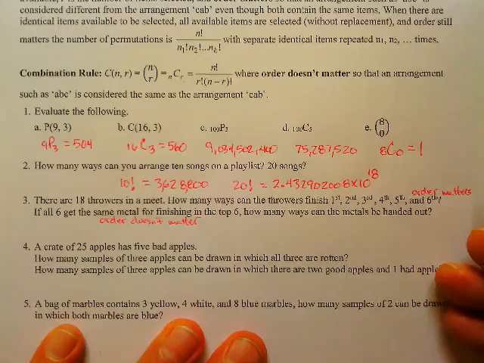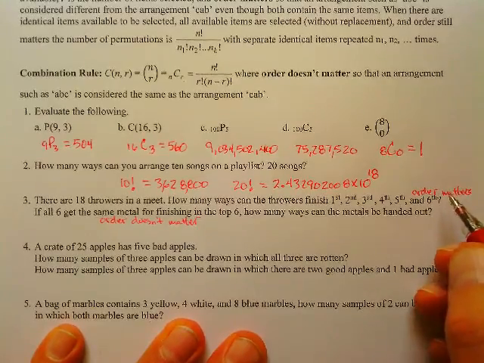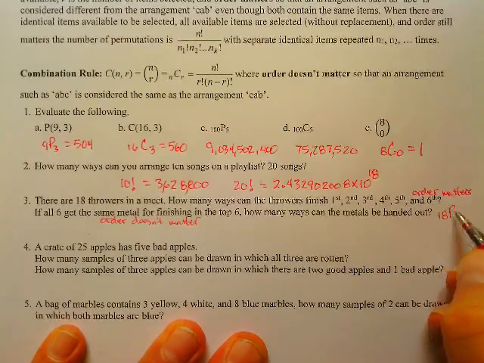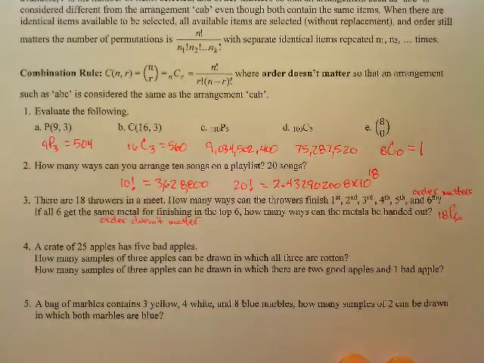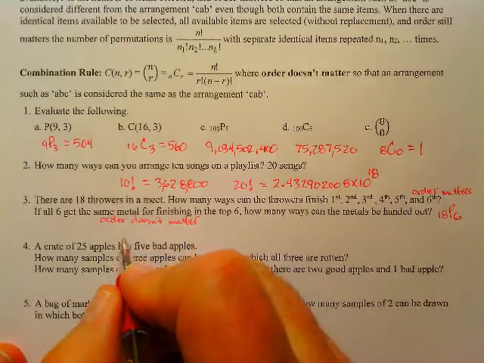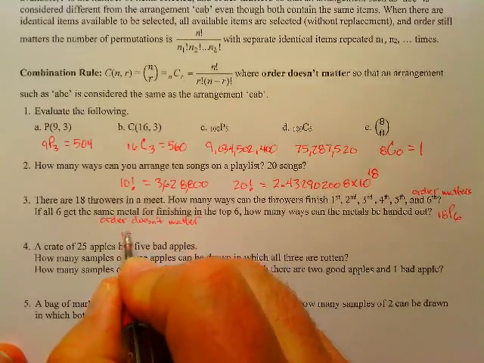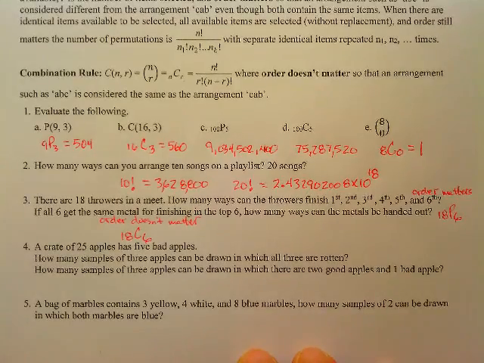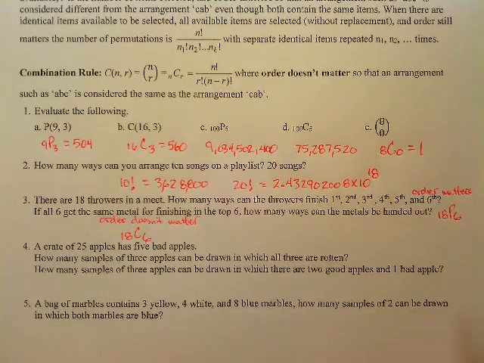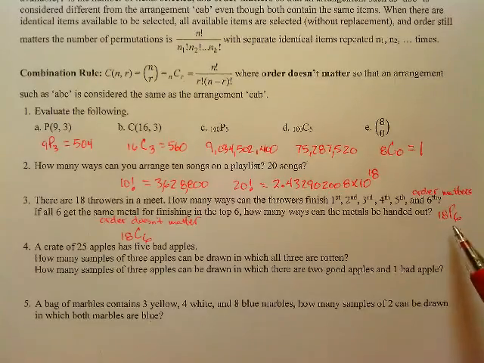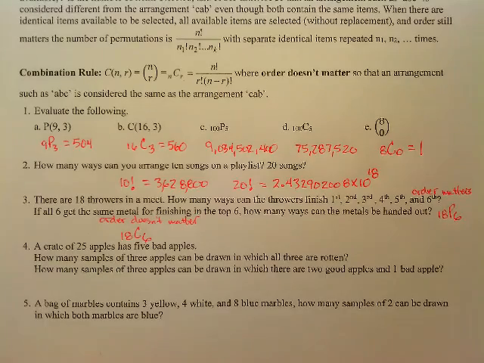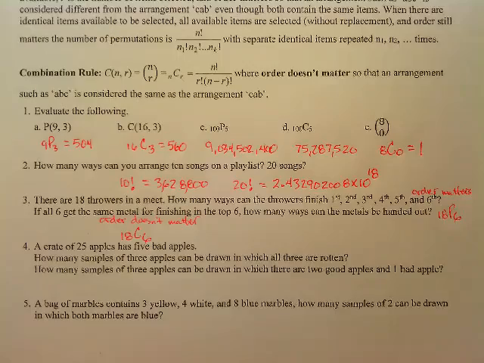So for this one, we would use 18, because that's how many throwers we had total, P6. Over here, because order doesn't matter, it would be 18C6. And that's really the thing you have to figure out before you do any calculation. Am I using the permutation rule because the order matters, or am I using the combination rule because the order doesn't matter? So for the 18P6,